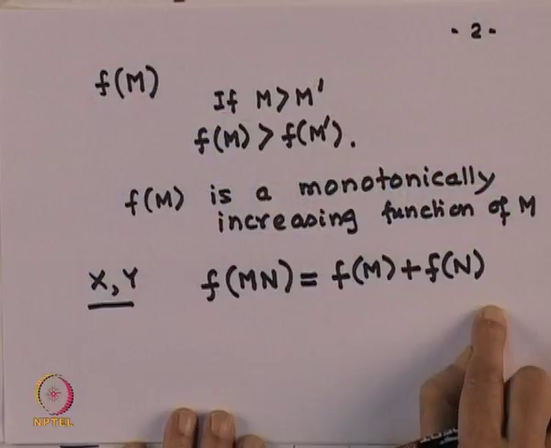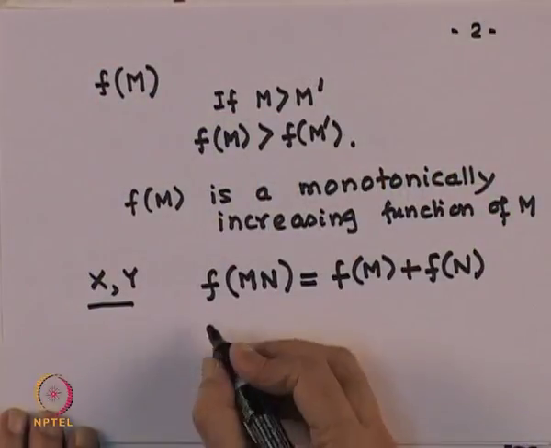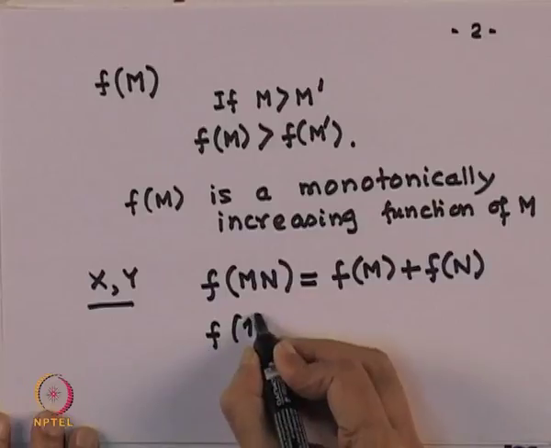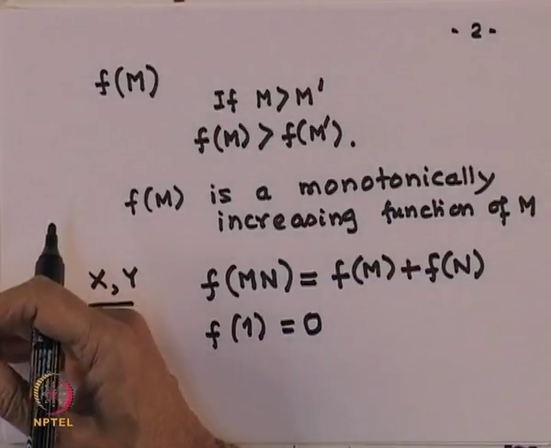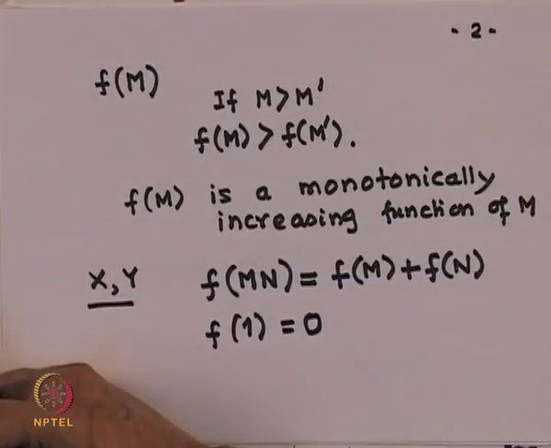On the other hand, if I know the result of throwing a die, whether it is 1, 2, 3, 4, 5 or 6, the uncertainty with respect to what happened for the coin toss, whether it was a head or tail, still remains. So therefore, I must have f of mn equal to f of m plus f of n. Another obvious property is f of 1 must be equal to 0. If there is just one event, there is no uncertainty associated with it. It's called a certainty. So since there is no uncertainty, f of 1 must be equal to 0.